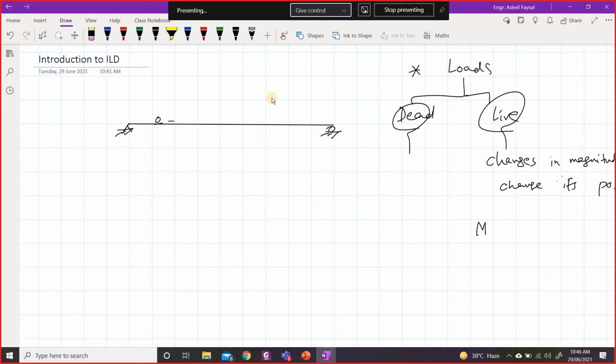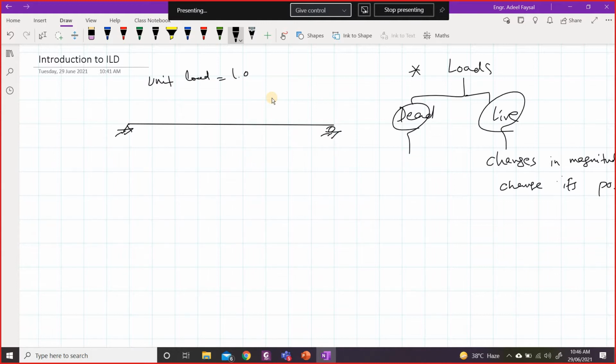So we need to study how bending moment, shear forces and reactions change. How do these load effects change when live load is applied at different locations along the span of the beam? Often this is done with the help of considering a unit load. We consider a unit load,